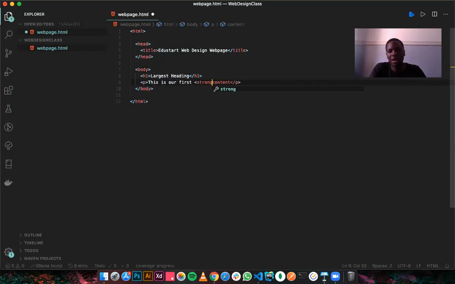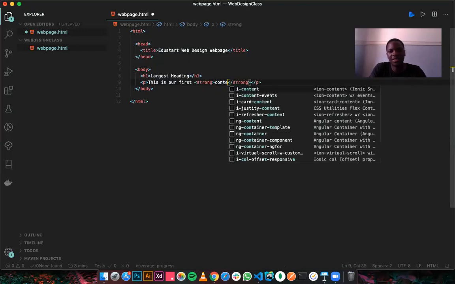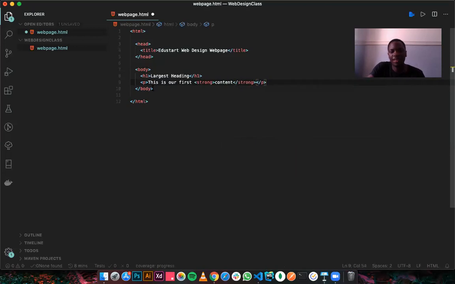We can easily wrap content. Note that everything is inside this P tag, the paragraph element. And now we wrap content inside a strong element. Now the strong element refers to what? Importance, seriousness, urgency. Basically what it's going to do is embolden that particular text.